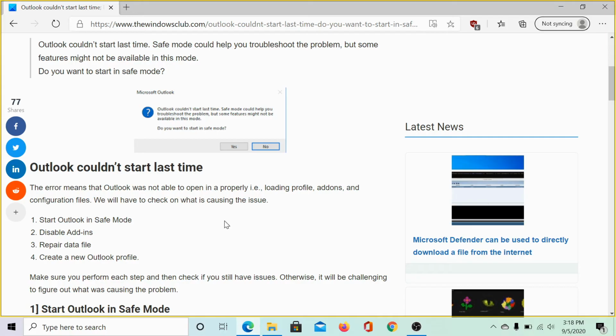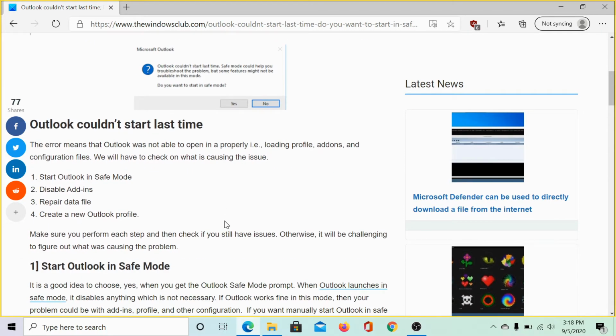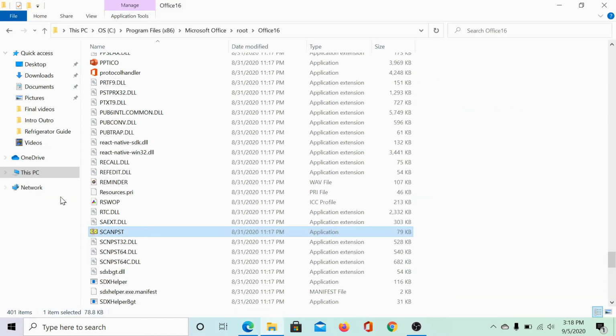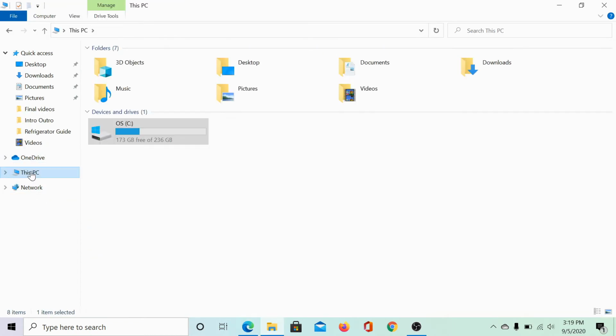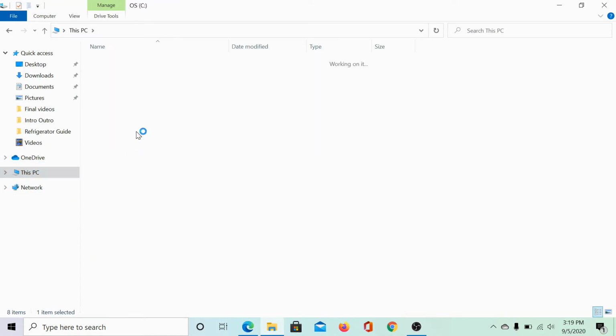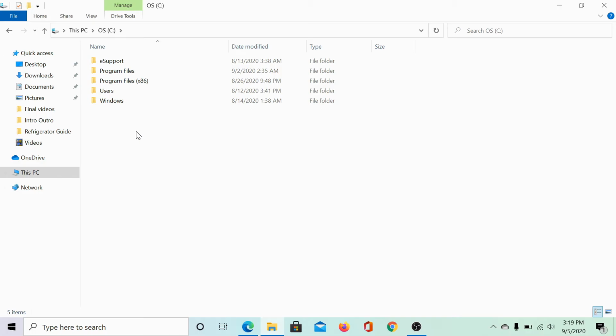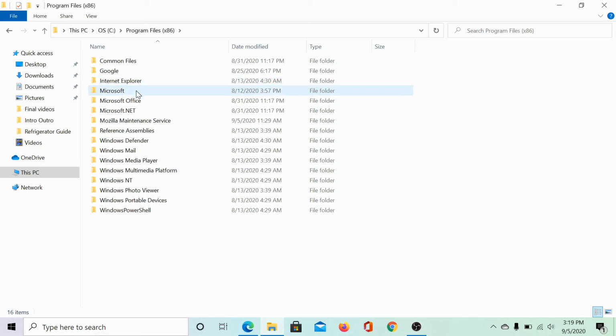If it doesn't load even after disabling the add-ins, you can choose to repair the data file. To do so, click on This PC in the File Explorer window. Go to C drive or whatever is your system drive. Go to Program Files x86.